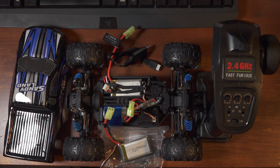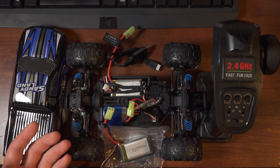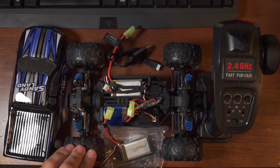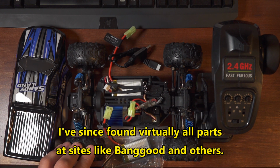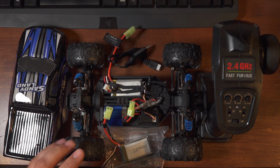In my opinion, to truly be hobby grade, it should not only have a particular construction style or performance level, it should also have repair parts available. The good news is that I did find some replacement parts online. I didn't find everything, so depending on what breaks, you may be searching a while, or you could simply be out of luck. But this truck doesn't cost any more than many toy grade RC cars, and they aren't repairable